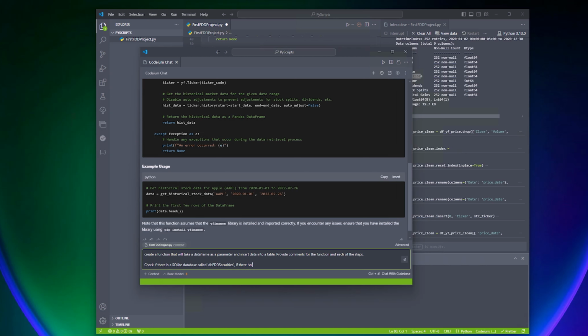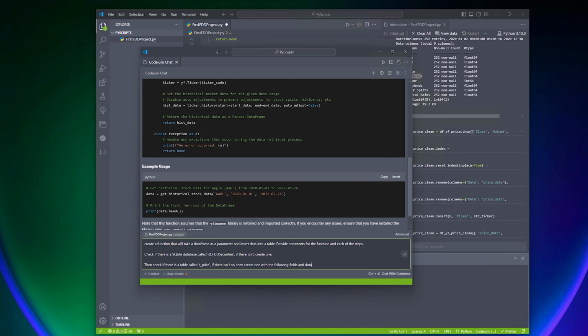If there isn't, create one. Then we're going to create the table. This is now where we're going to be structuring the table. So we're going to check if there is a table called T_price, T for table. If there isn't one, then create one with the following